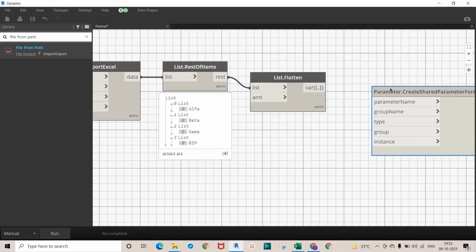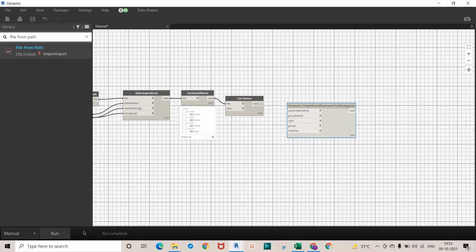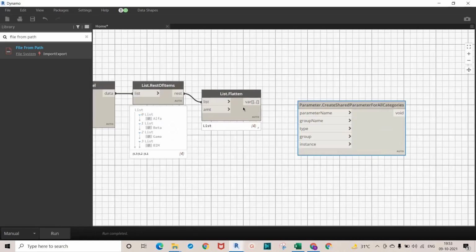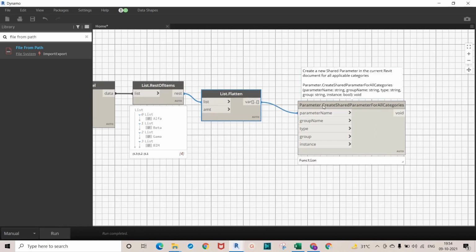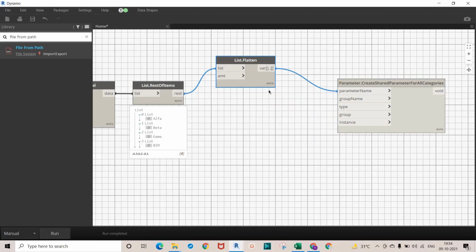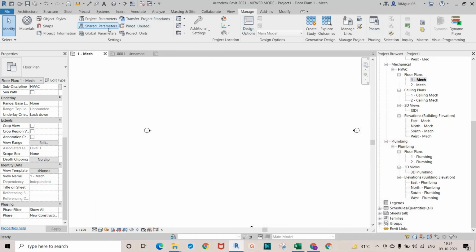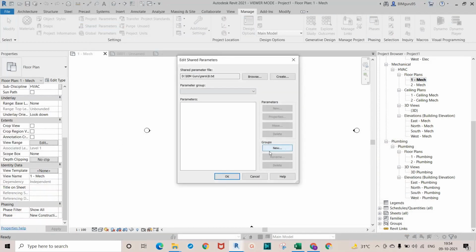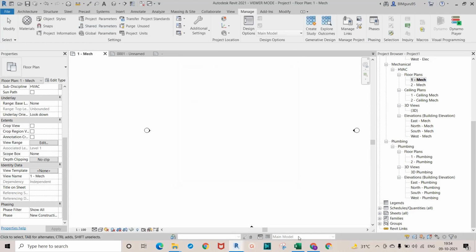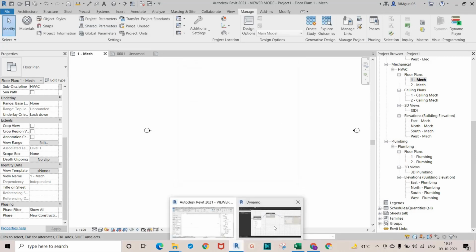That's all I needed. Now, if I run it, we can see we have all four parameter names. That's all. I'll give this one. Now the group that I need. Group, if I go in Revit, is all about this one, whatever I want that I can give. Okay, so right now I wanted to assign the group